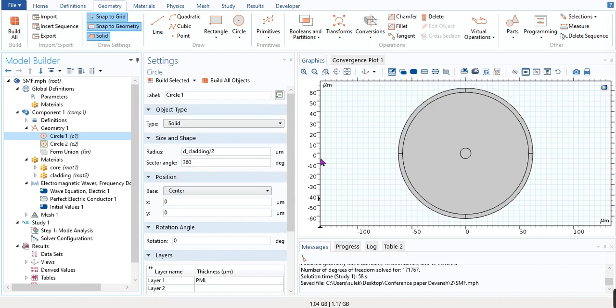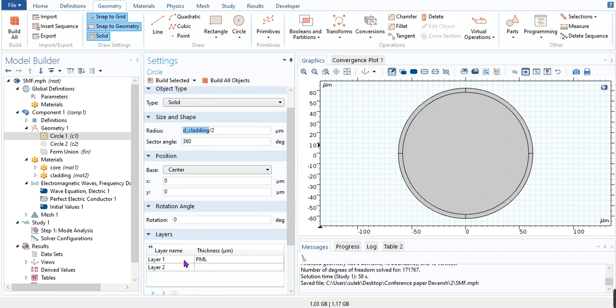So this 0 and 0 is the center, and the cladding diameter is d cladding, so the radius will be d cladding divided by 2. And at the outer side we have created a PML layer, so we have created a layer 1, that is PML. So we have built this one. So this is our geometry.